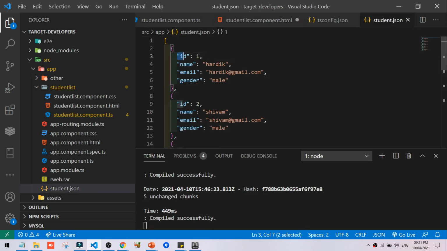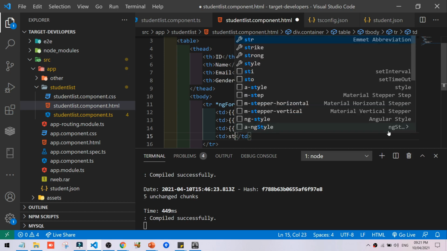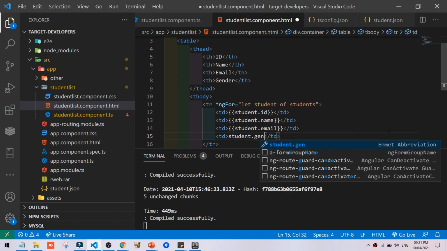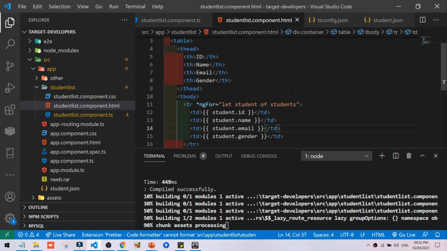Here we are fetching every id, name, email, gender in the columns, okay, guys. Student dot email, student dot gender. So we have to put them in interpolation. We will save.